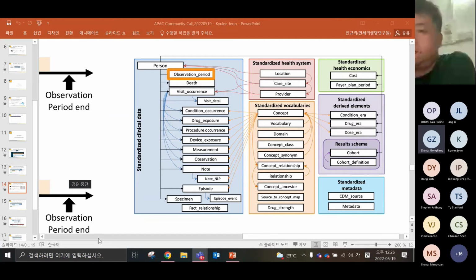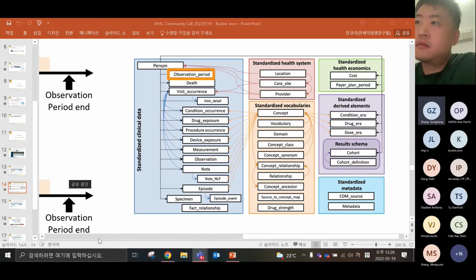Yes, I think this really depends on how your institute built this database. Sometimes it's not mandatory. Maybe some institutes fill this information, but some institutes didn't put the information in this column. In my case, there is nothing. Maybe some hospitals put the information in the place of service or just a location.